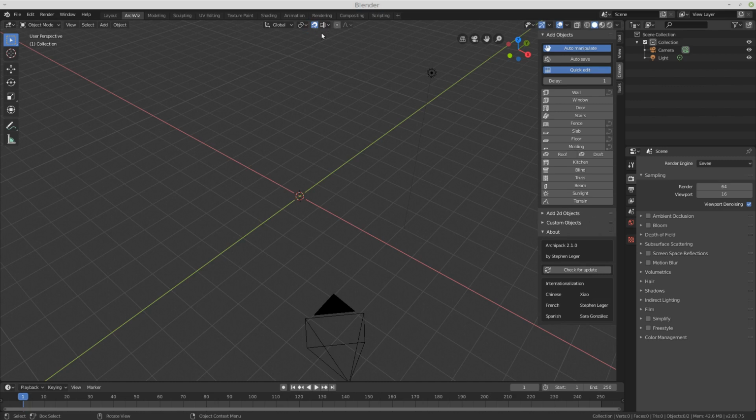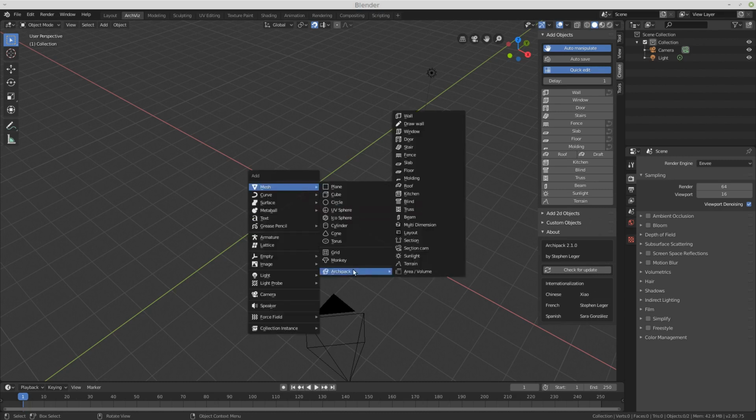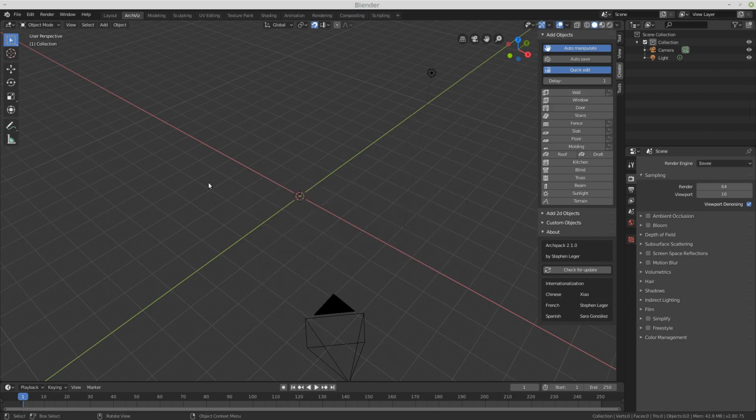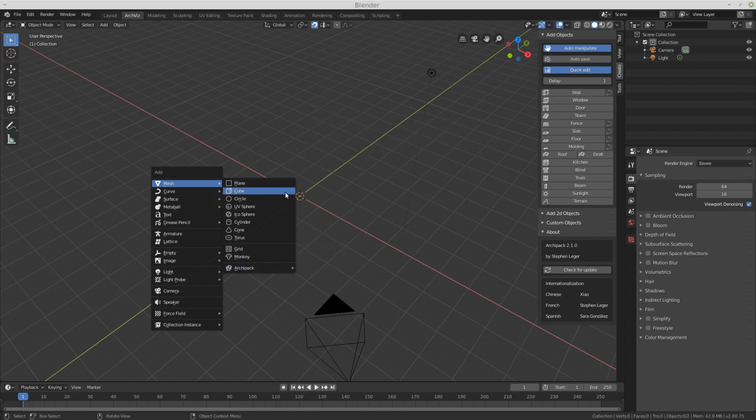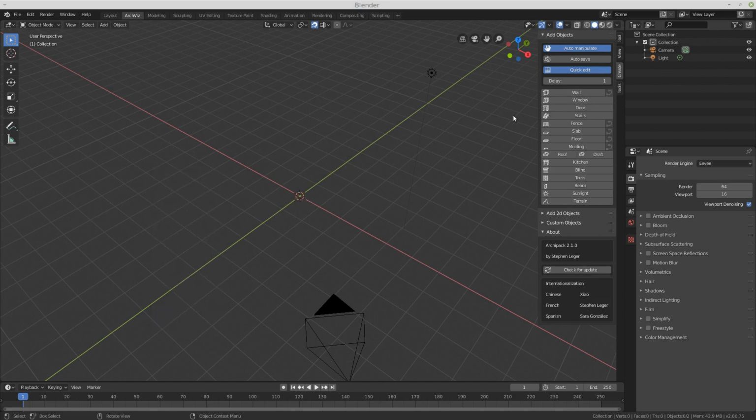This is the method I use for this tutorial. Press Shift A to call this menu, and then use Draw a Wall, which means we're going to use the same tool as you have here. If you use this, it will simply create a wall with one segment at the center of your scene, or where the 3D cursor is. So I'm going to use Draw a Wall.